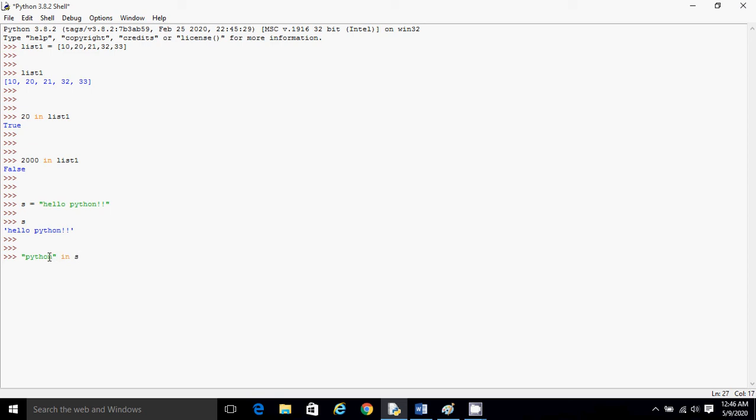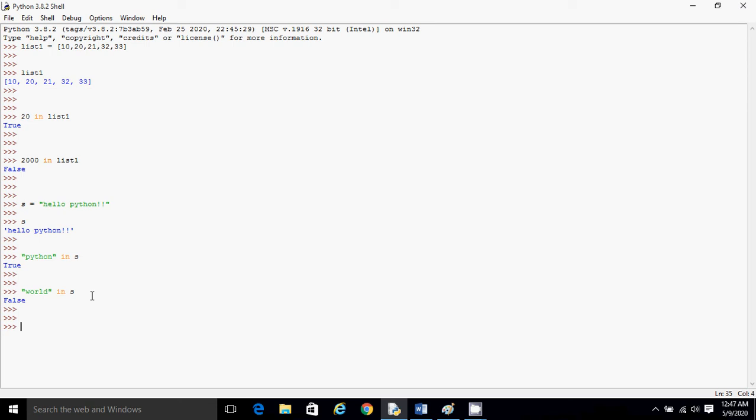As you can see, Python is a part of this string, so it will return true. Now we'll check some item like world, which is not available in this string. As you can see, world is not available in our string, so it will return false. So hope in is clear.